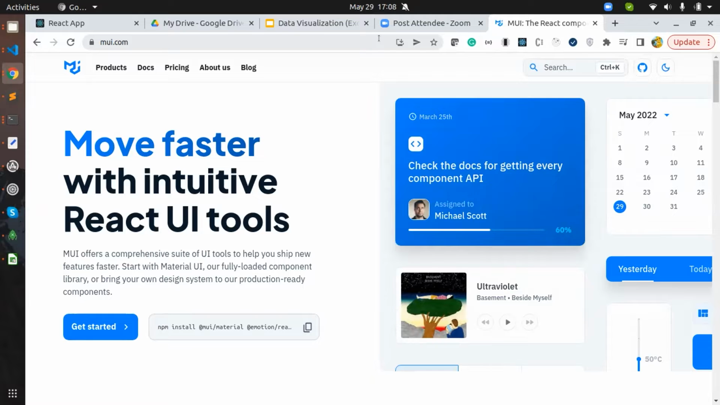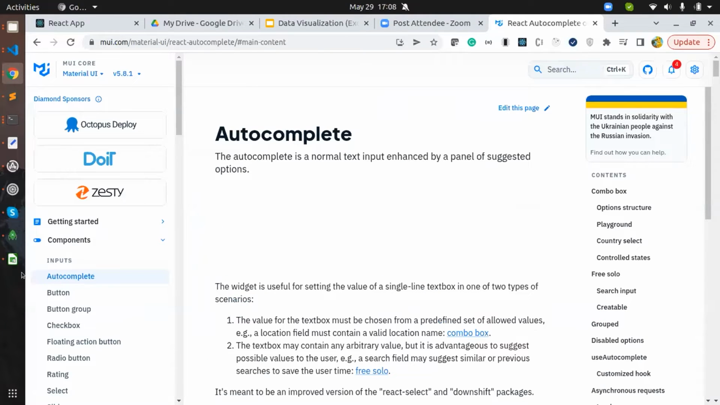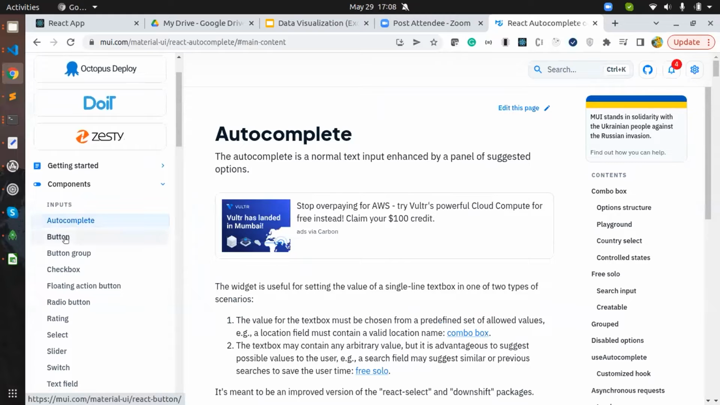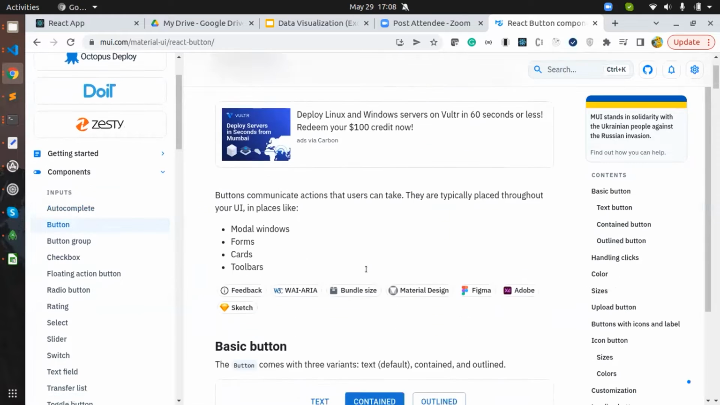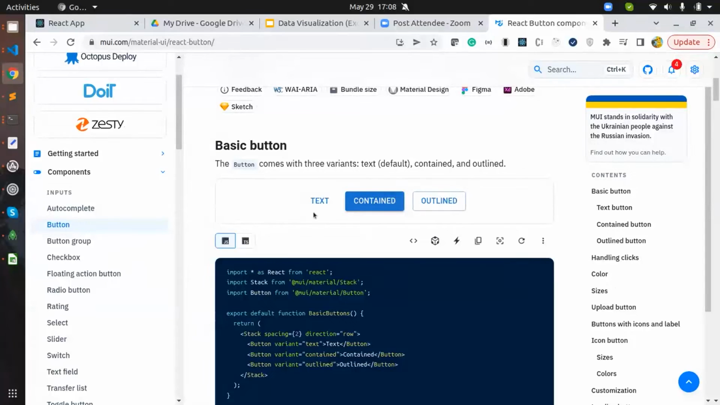So it kind of provides you a lot of stuff, basically. Like if we just do a search for autocomplete, it develops a lot of components with it. It generates buttons. You see, a normal HTML button would not look like this. So it's something very much related to Bootstrap, but